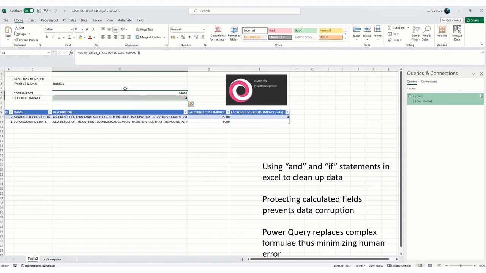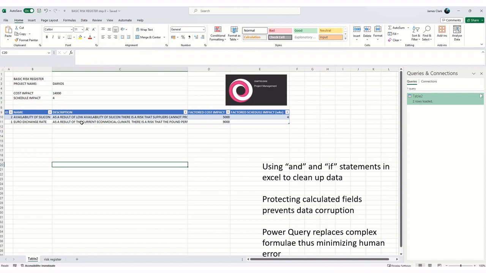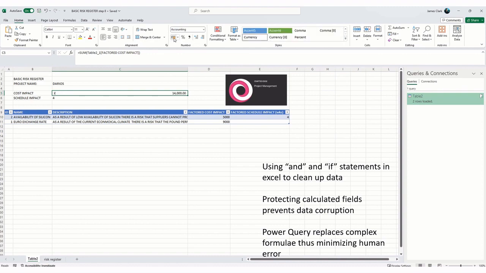And let's just tidy this up a little bit using left justification, align left. What we can see is the cost impact is 14,000 watts. So let's make sure this is set in. Well, counting doesn't look very good, but if we put it into currency, it left justifies it. For schedule impacts, I haven't got